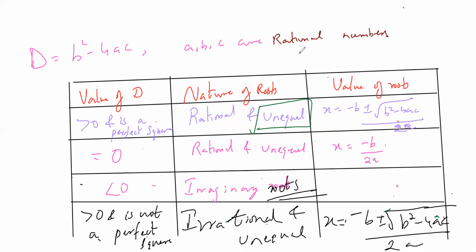See guys, for equal to 0, it's small mistake from my end. It's irrational. Okay, it's irrational only. Yeah, done. No, equal to 0 is irrational. Good doubt, Anshul. Irrational. That's it. It's not rational. It's irrational. Irrational and unequal. But the important thing for you is this table. And one more thing also I'll draw for you. Yeah, just put it irrational. No need to get too much confused in this.